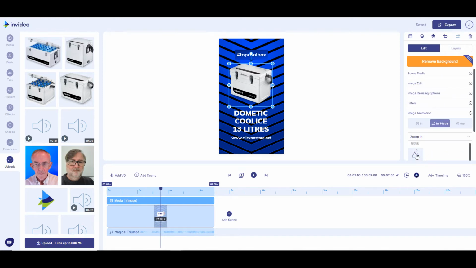I want it to stay still, and on the in, I'm just going to simply fade it in. I don't really want it to be too clever, because the rest of the advert's not too clever either, but it does do what I want. So those are the changes I've made so far, and if we play the scene,